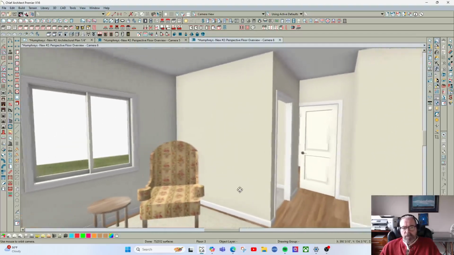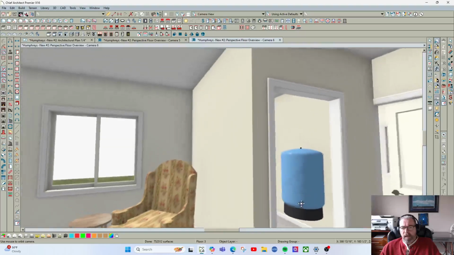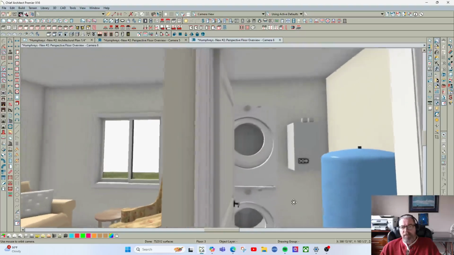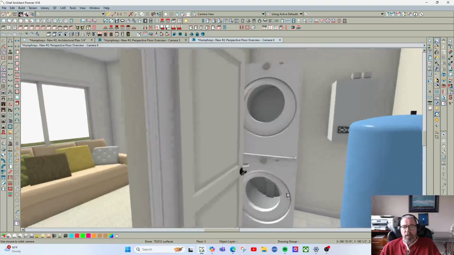I threw some furniture in just for space planning to see how that went. We'll talk about this room and decide what all we need in there, whether we want a stack